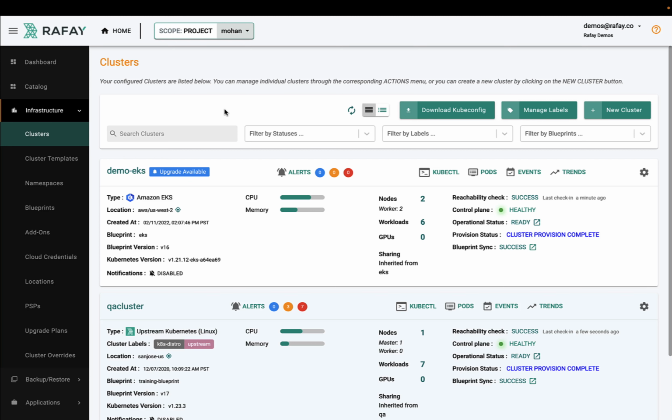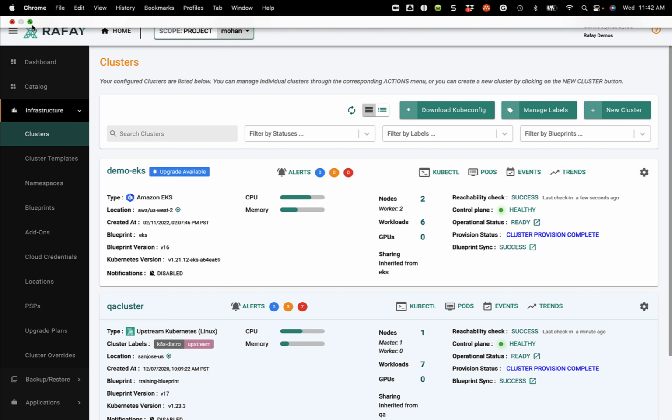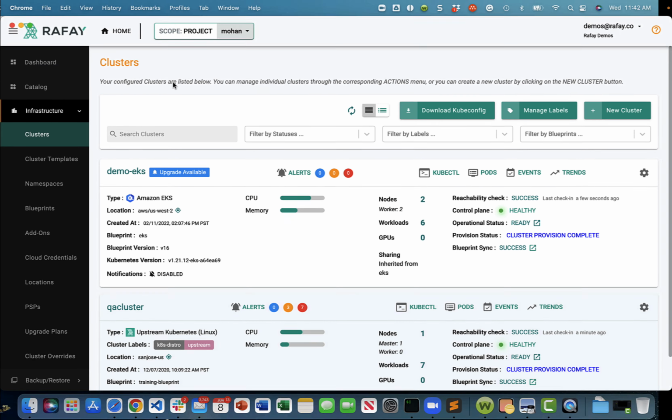In this video, we're going to show you how you can create a workload with the manifests from a private Git repo and have it deployed to a remote cluster, in this case our demo EKS cluster, running in a completely separate security domain. And we'll wrap that workload with a GitOps based automation pipeline to ensure that whatever is changed in our Git repo is automatically reconciled back to